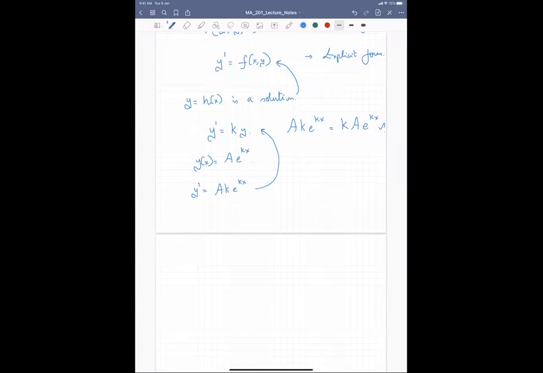So in some domain of x, from x equals a to b or whatever it is, if your solution has the property that when you feed it back into the differential equation, you get left hand side equals right hand side, an identity, then you claim to have found a solution h of x in this particular interval. It might not be a valid solution outside this interval, and that is okay. You always make the claim that in this particular interval, my solution has all the right forms and it is a valid solution. So that is what I mean by solving a differential equation.